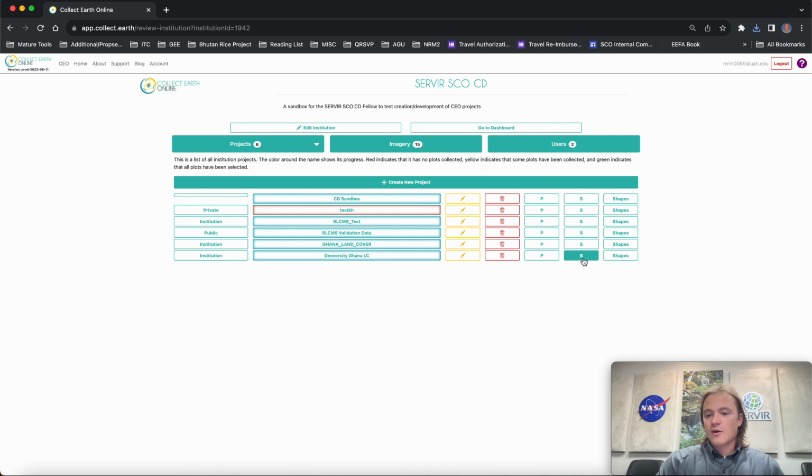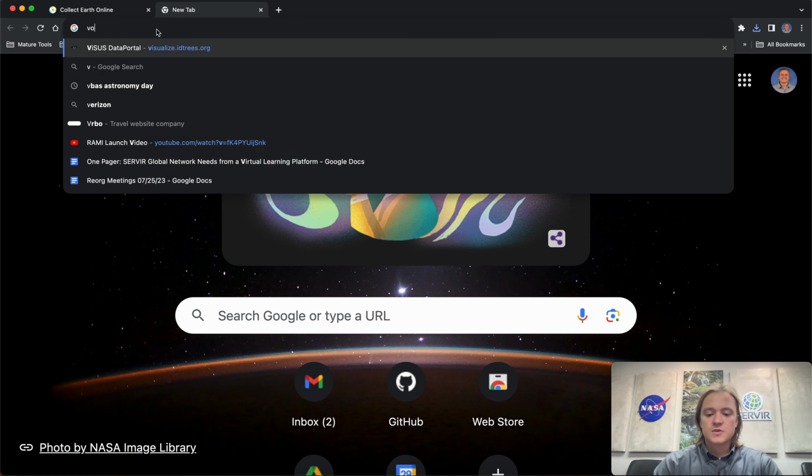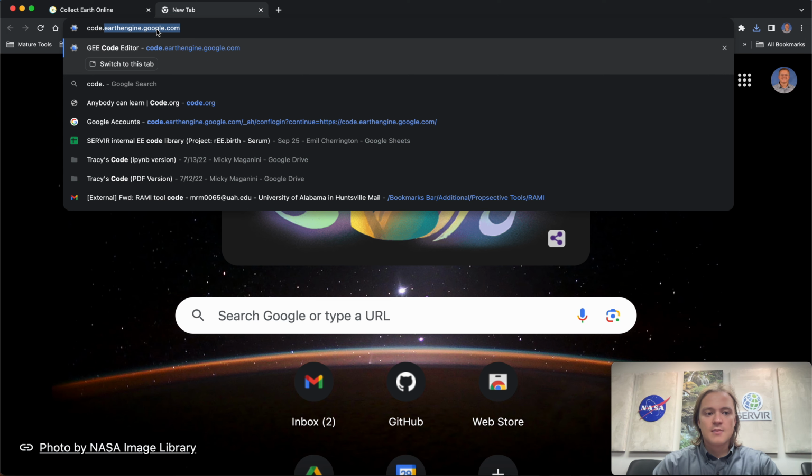In this case, I only used one sample for each plot or each assessment unit, so these two are going to be similar. I'm just going to download the sample data. And now I'm going to open the Google Earth Engine code editor and bring this data into Google Earth Engine. So just going to open a new browser tab and type in